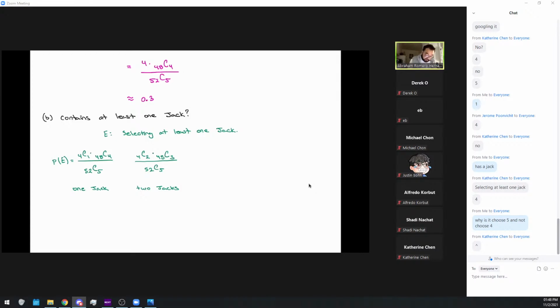But I still have the chance of at least one jack. So there's a possibility of 3 jacks. Well, what's the probability of that? Well, again, let's pick our jacks. There's 4 jacks, but we want 3. So 4 choose 3 times, well, now I have 3 cards in my hand, and I want to pick 2 more. So 48 choose 2. Right? And then we have 52 choose 5, because we want a probability.